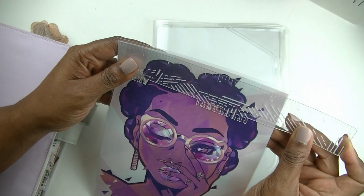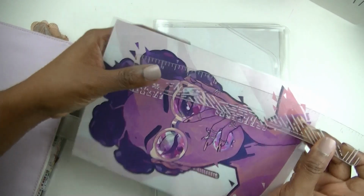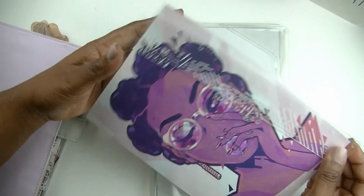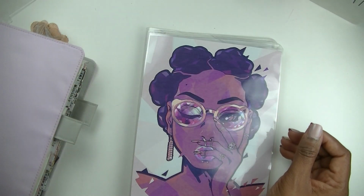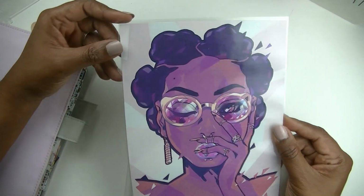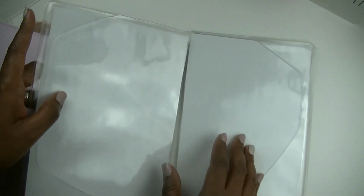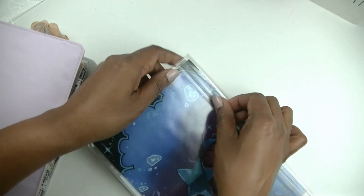Okay, so this is approximately 6.5 by about 9. 6.5 by 9, basically. Okay, so that's why I was saying it's almost the size of a regular piece of copy paper. So I printed this out in color, and I laminated it, and then I slid it into my clear cover on cover. But okay, so that's the way I created the front and the back cover,